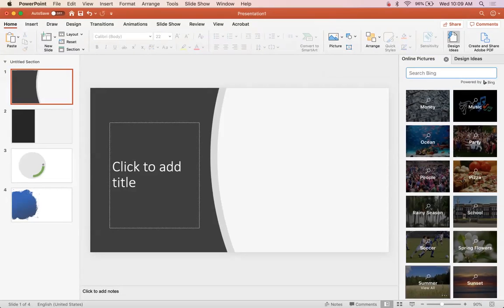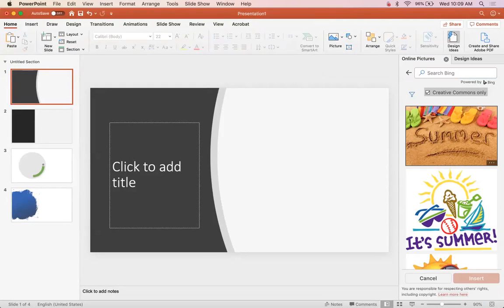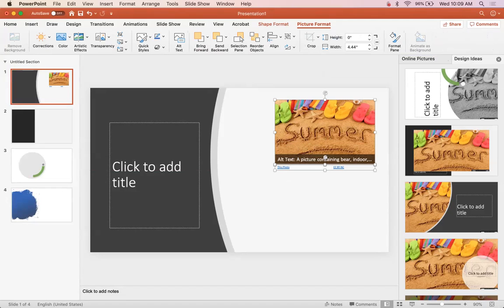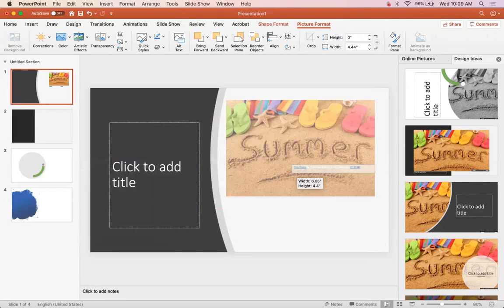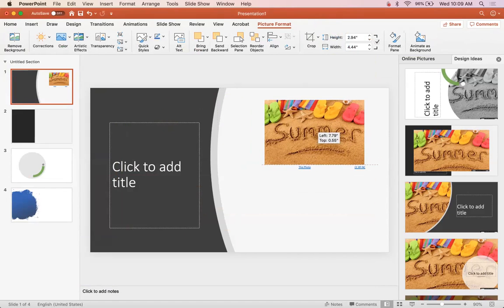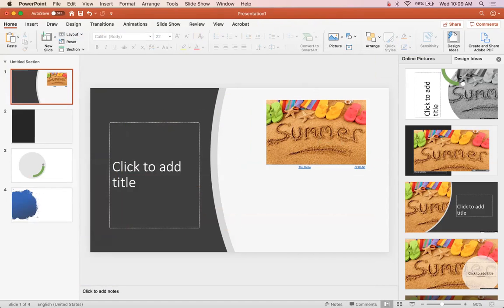So let's just add this little summer one, no particular reason, and it gets added straight to the PowerPoint. And we can adjust the size however we like, and we can move it around wherever we want it. That's just one way to add photos. Now, if you wanted to grab some from your computer, you could do that as well. And then if you wanted to grab one from online that you saw,